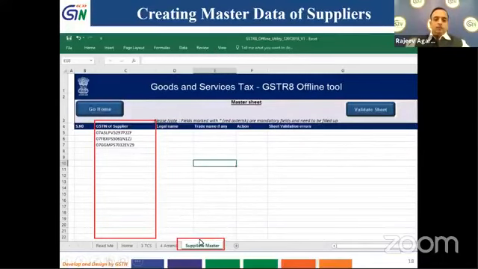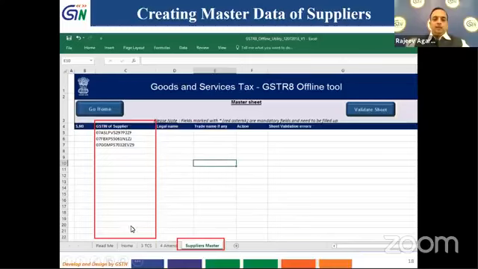The purpose of the supplier master is that you can enter the details of the GSTN of the supplier, his legal name, his trade name, and see whether any action you want to take or not. Like I can add that name or I can delete that name over here. Further, when I validate this sheet, all the validation errors will be shown over here in red. So what we have to do is enter the GSTN of the supplier, its legal name and trade name. This will help us in filling up the details in 3 TCS and 4 amend later on. So this is useful so that you need not fill in the GSTN of the supplier again.